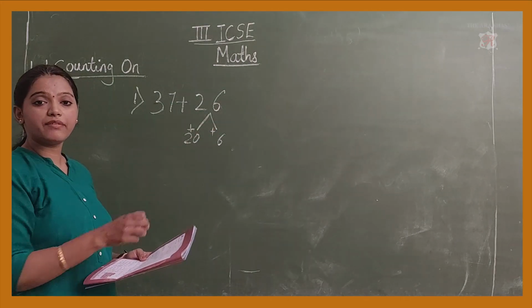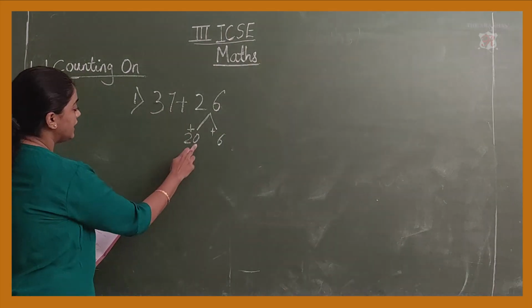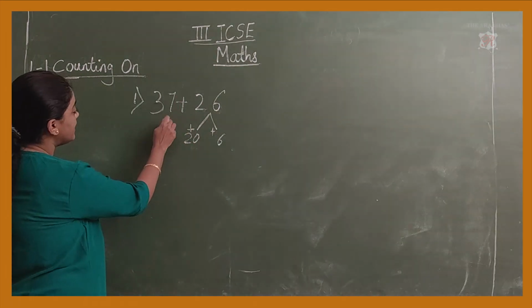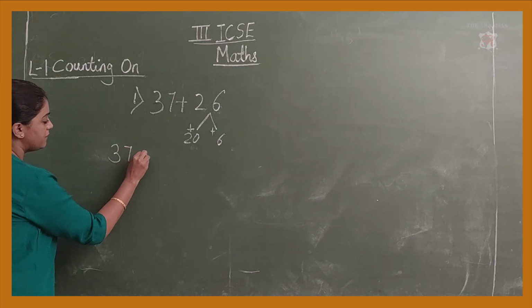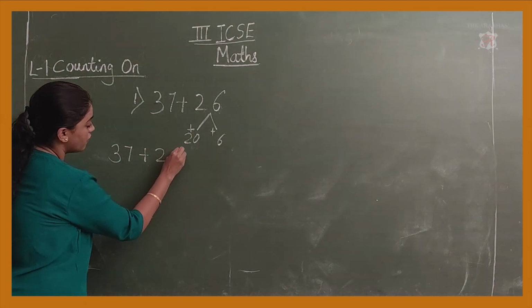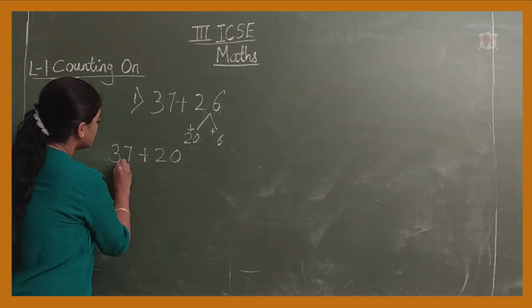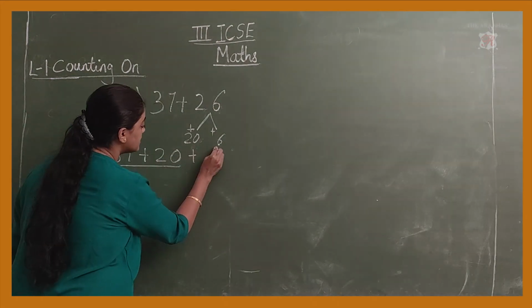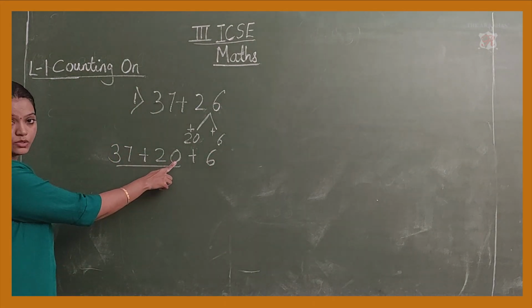So this you will start writing in your math class book. The first one, 37, you have split this 26 in 20 plus 6. Now we will take the bigger number first. What is the bigger number? 37 plus 20. From where you got this 20? You have split it, 20 plus 6 is 26. So you will add this number first. And what is remaining? Plus 6. Okay. So 37 plus 20.